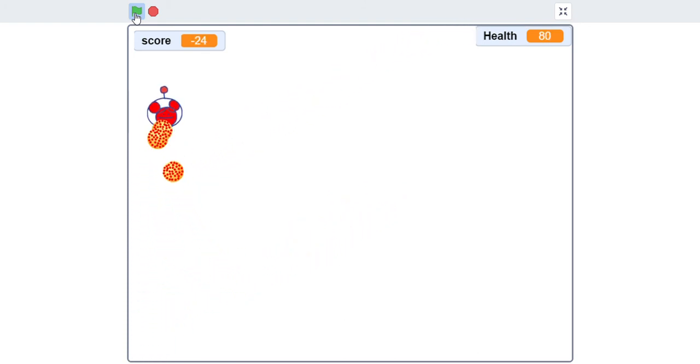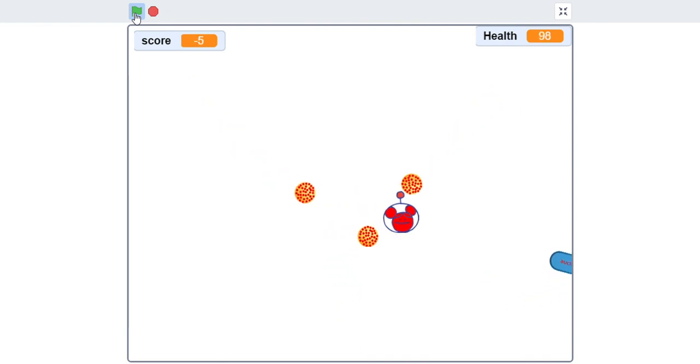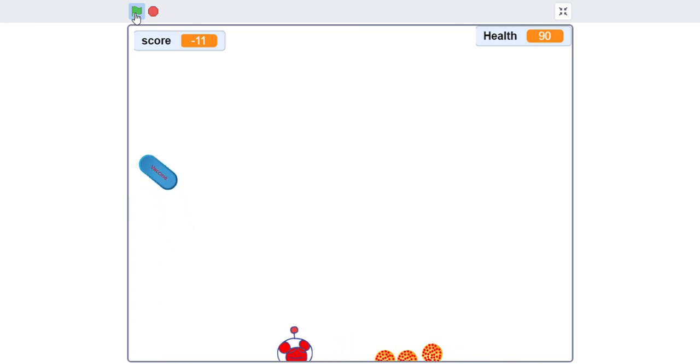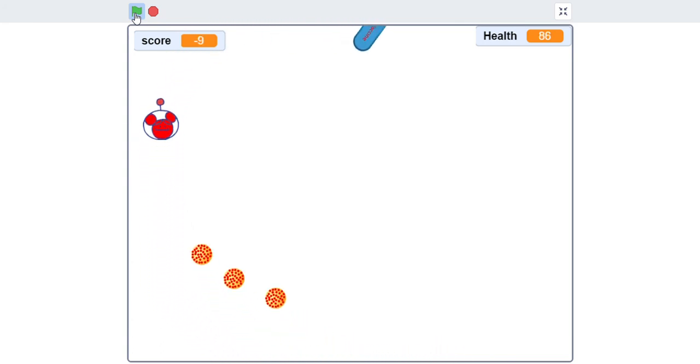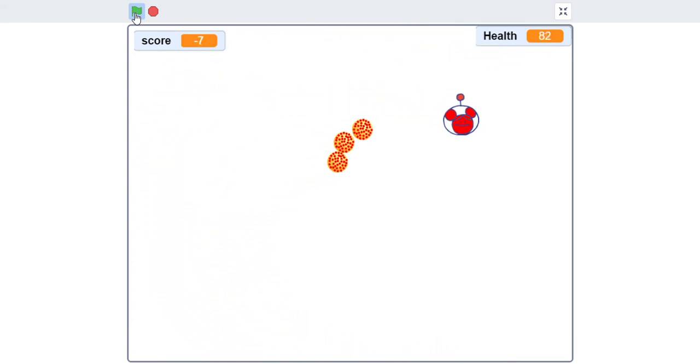I have to touch it. As you see, my health is decreasing, but as soon as I touch the vaccine, I'm again in my normal color. I need to save the Robo Warrior.